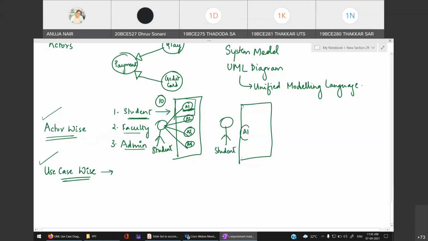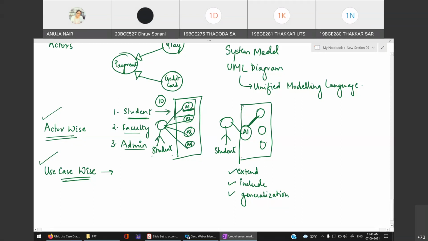So A1 will be here and then with it either an include relationship of other use cases will be applied, or generalization, or extend. Okay? Between use cases you can only apply three, extend, include and generalization. So whenever you want to connect, you cannot directly connect like this. Association is not possible between two use cases. You have to use any of the three relationships when you are connecting two use cases.